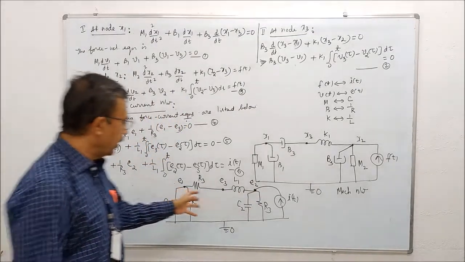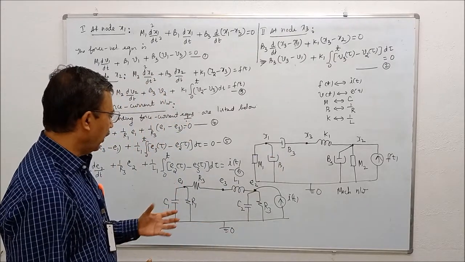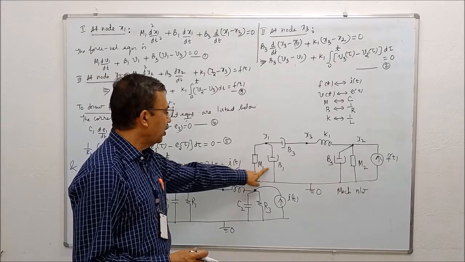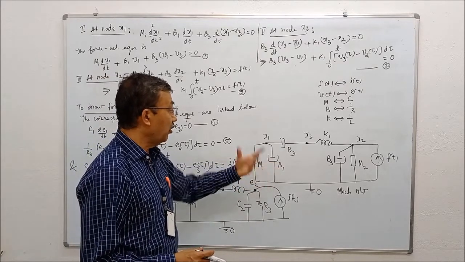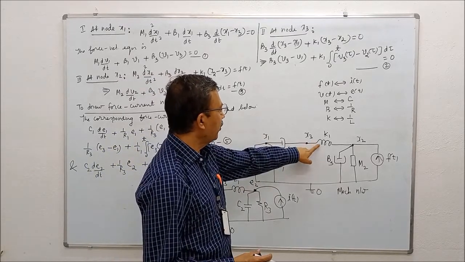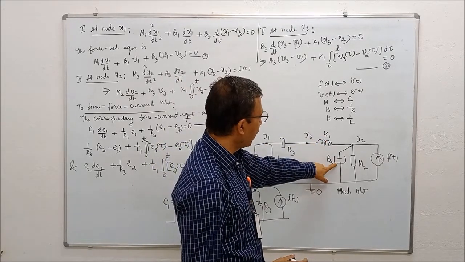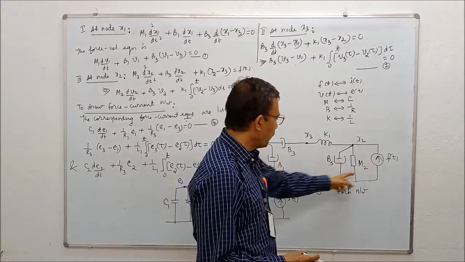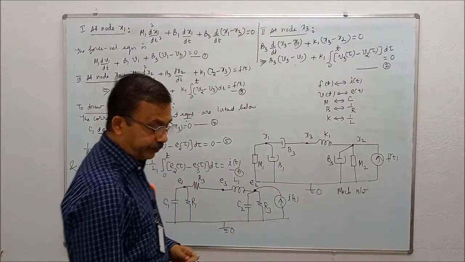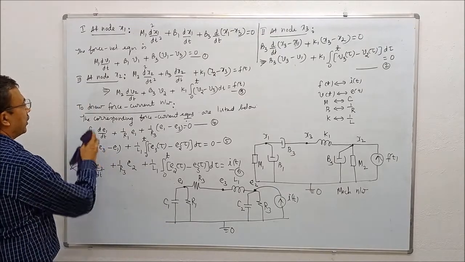So if you look at this figure, this circuit has got the same topology as that of the mechanical network. In fact, you can draw this straight away from the mechanical network by replacing M1 by C1, B1 by R1, where R1 is 1 by B1, B3 by R3, R3 is 1 by B3, K1 by L1, L1 is equal to 1 by K1. This dashpot is replaced by resistance R3 whose value is 1 by B3, M2 is replaced by C2, F of t is replaced by I of t. Straight away you can do it. This is force current network.